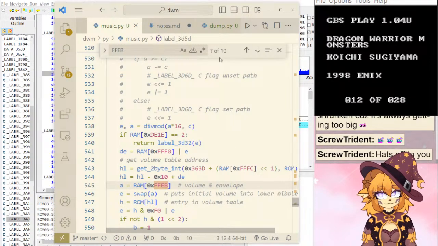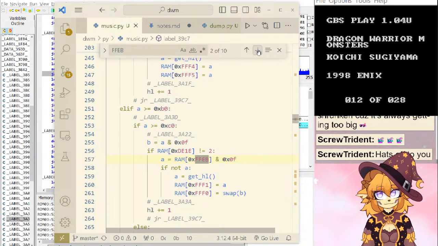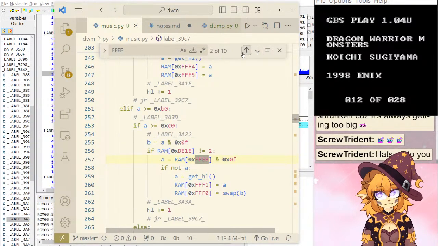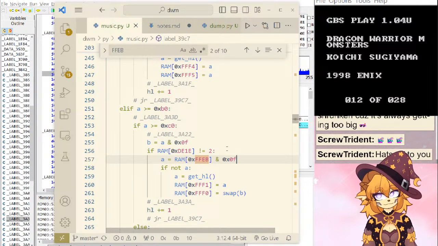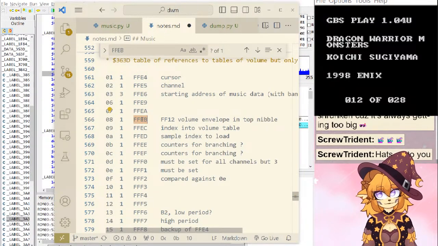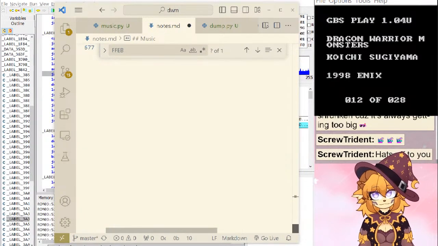I know I wrote this early. Not totally sure. We'll just say it takes the bottom nibble of that for now and we'll figure it out later.